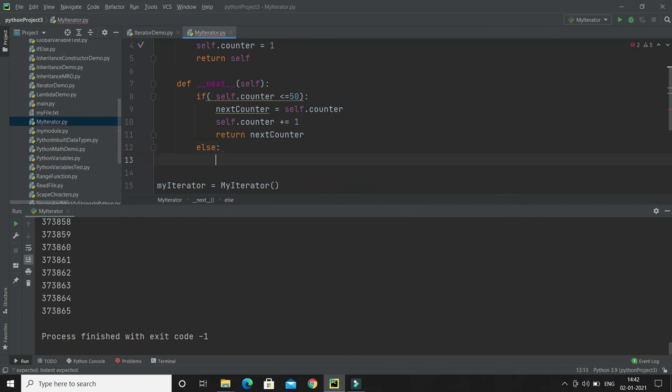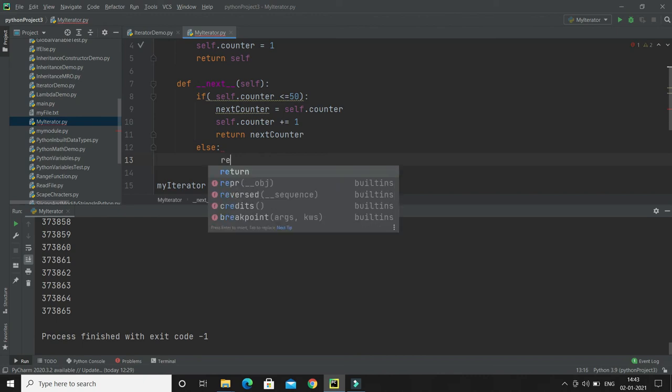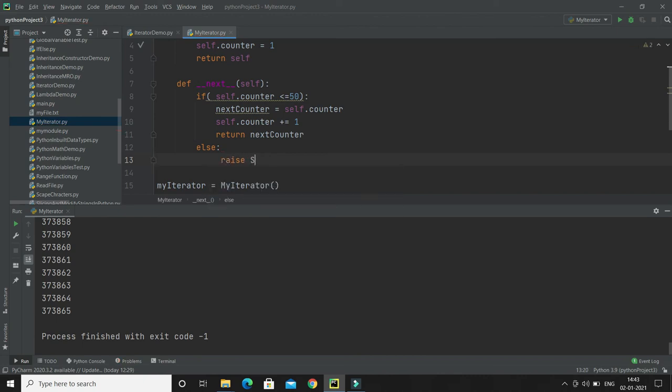If you remember, when I was calling the next method while iterating the list and we went beyond the number of elements, we got a StopIteration exception. So the same exception we will raise over here. So I will say raise StopIteration, and that's it.